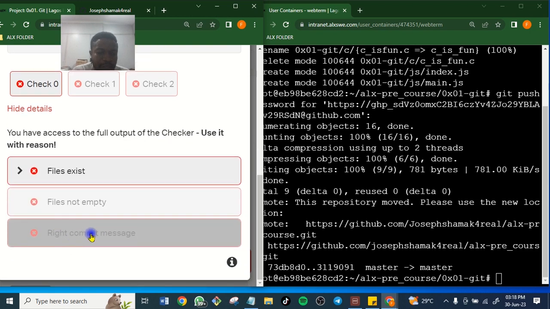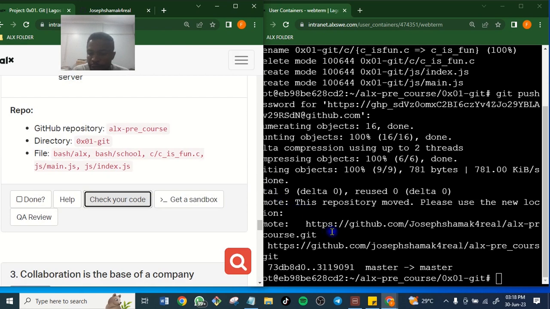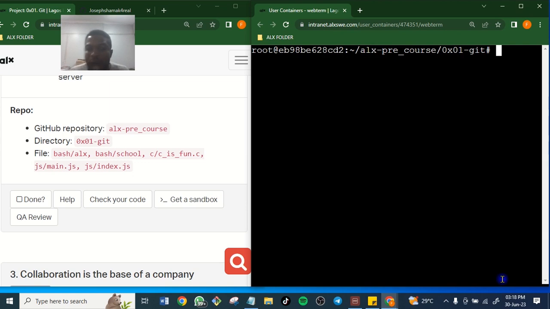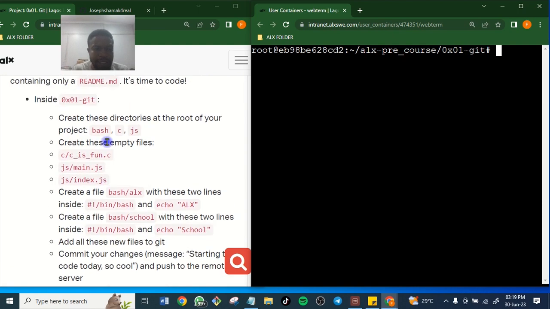Yes, I think because I've done this project before, so there may be some glitch. So let's go back and see. That's why you are a programmer. When a system is faulty and you are asked to come and check the system, you should be able to know where the problem is coming from. So let's check what is really happening.